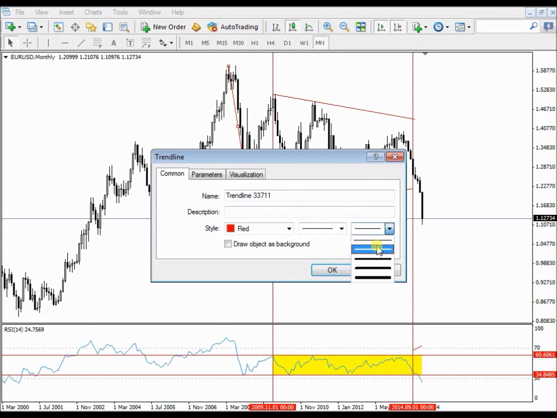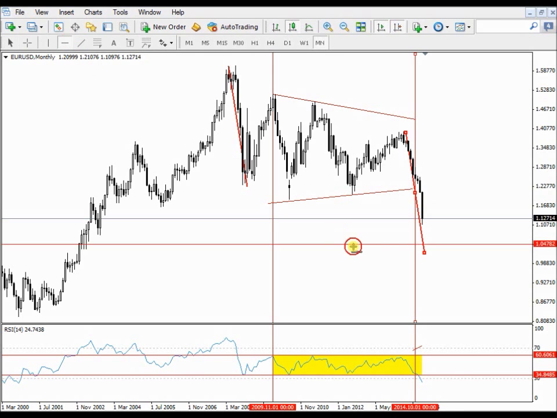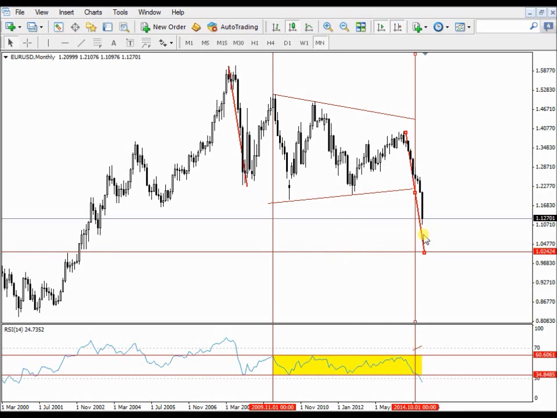Let's make it a thick one. We're in a bearish market. We had a triangle. We know that the market again will turn bearish. What is the rule of a triangle? A leg into the triangle is equal to the leg out of the triangle. That comes down at 1,240